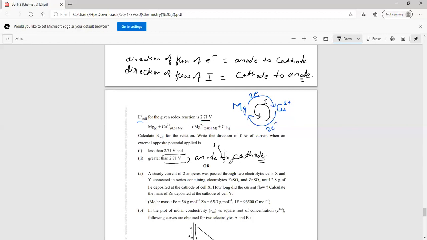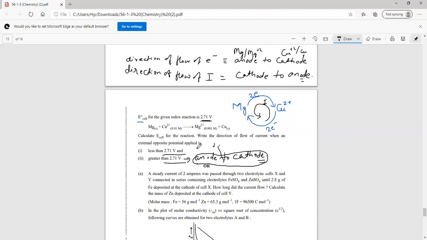Now, while you write it in the examination, you cannot scribble the way I am doing, because I am doing it with a digital pen, and so much work cannot be done on paper. So in the exam, you have to draw this cell, and below it, you have to draw the cell notation also. When I say anode, I mean Mg becoming Mg2 plus. And when I say cathode, I mean copper 2 plus becoming copper. So this you have to mention, and then you have to draw the diagram. And then this will be the key point.